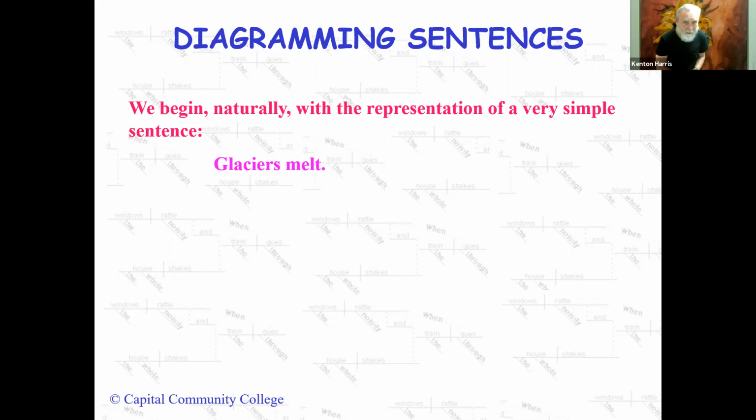Step 2, draw a vertical line which bisects the horizontal line. So now with that diagram, 1 horizontal, 1 vertical, now we have 4 regions, so 4 quadrants, right? The upper left, the upper right, the lower left, the lower right. And so the next step then is to take the subject of the sentence and place it in the upper left quadrant, and then to take the verb of the sentence and put that in the upper right quadrant. Those are the 4 steps of any diagram.